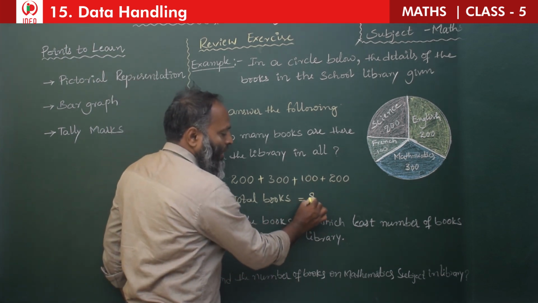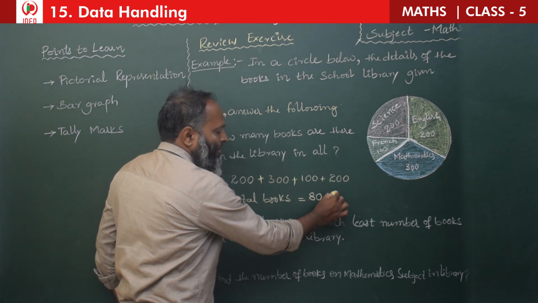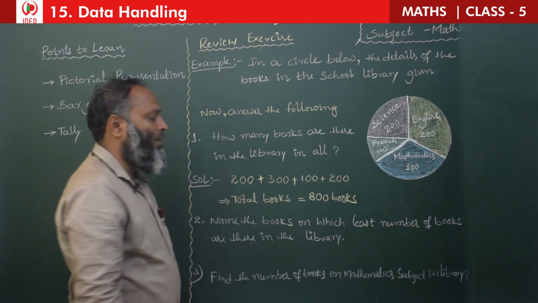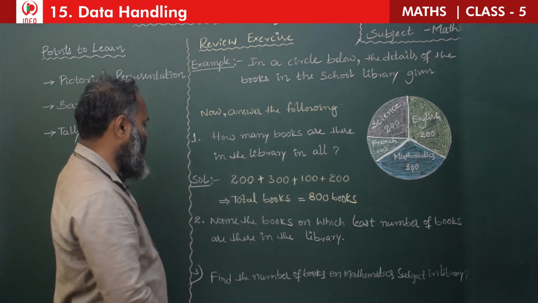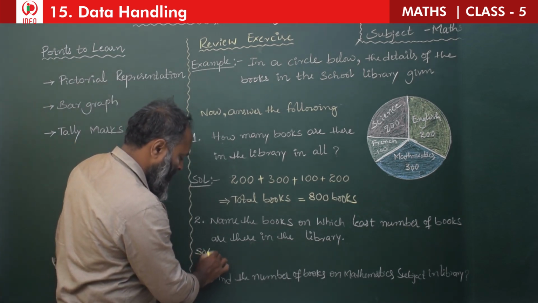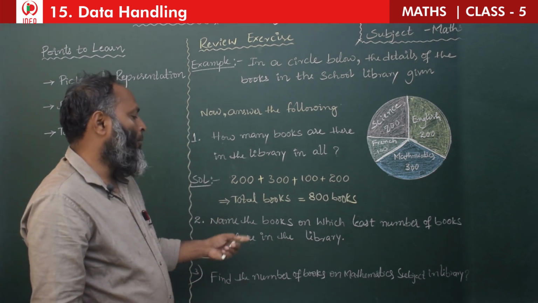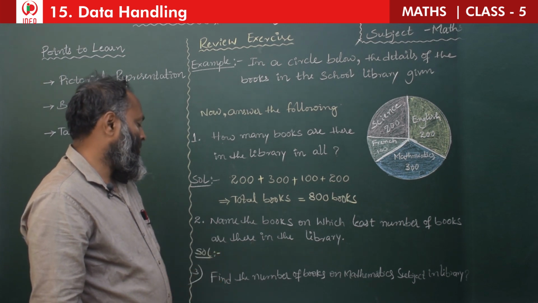Total how many books are there? 800 books. 800 books are there in the library. Next, the question: what is he asking? Name the books of which the least number of books are there